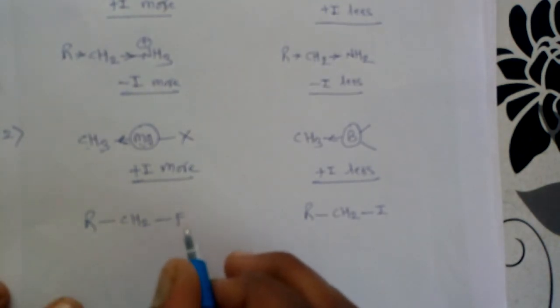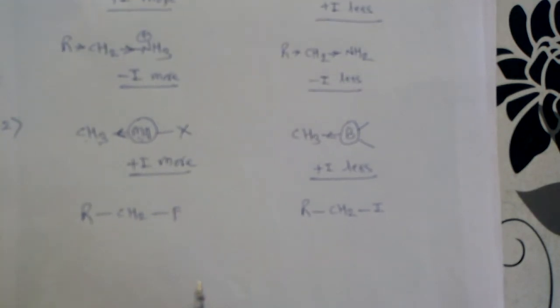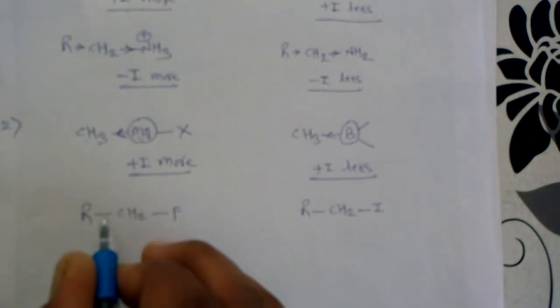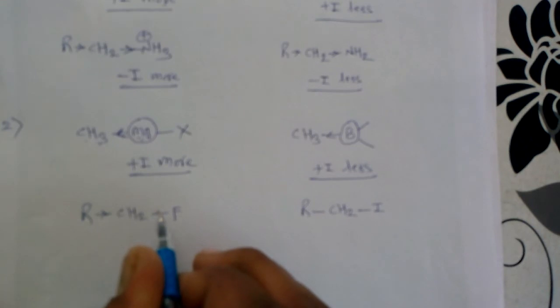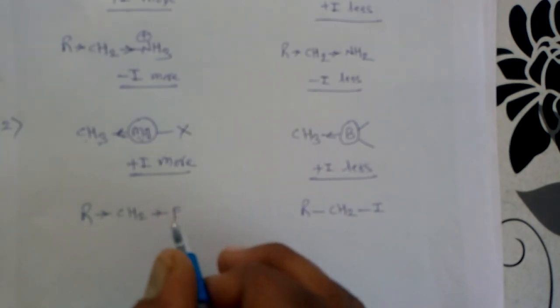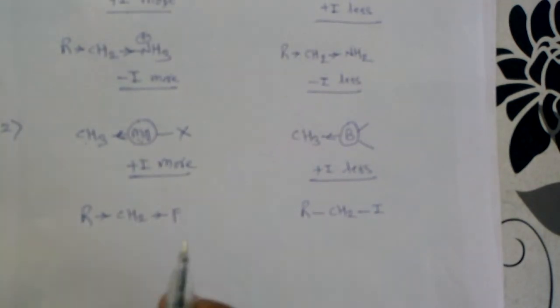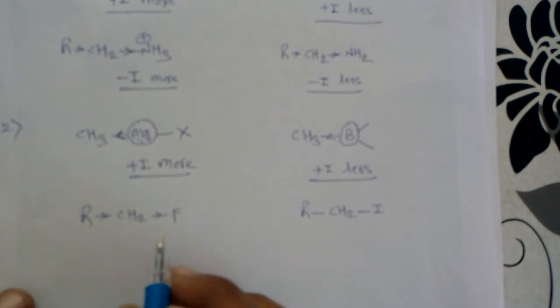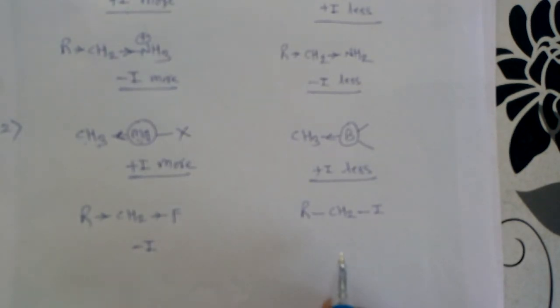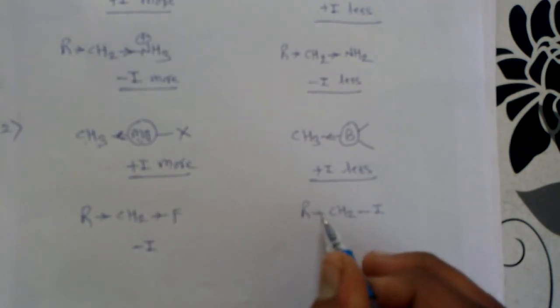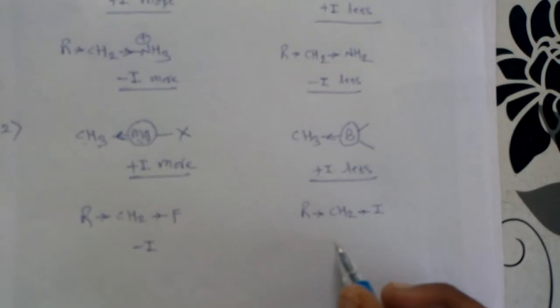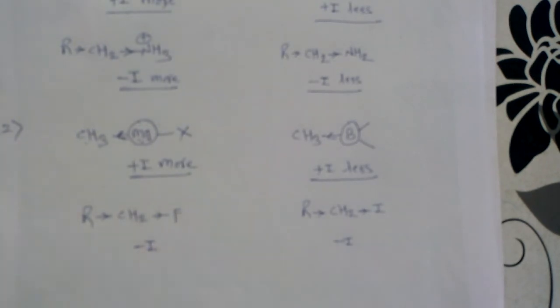This halogen is there, and we know that halogens have more electronegativity, and that's why the electron density around this carbon gets shifted towards this particular fluorine, and that's why the effect shown by this heteroatom fluorine is the minus I inductive effect. Same case is there. This halogen iodine also shows the minus I inductive effect due to the more electronegativity as compared to the carbon. So both these compounds show the minus I inductive effect.